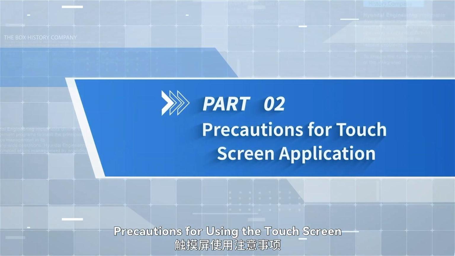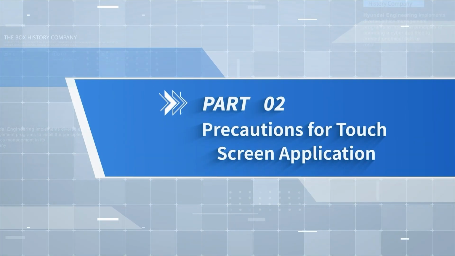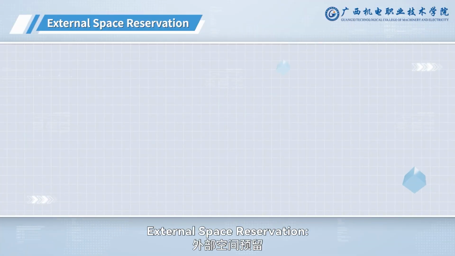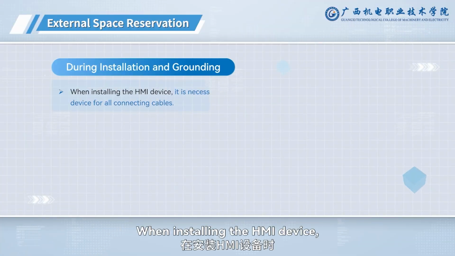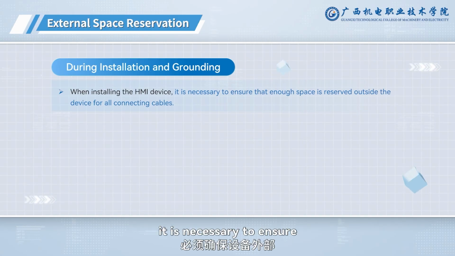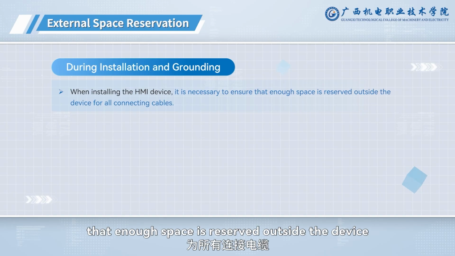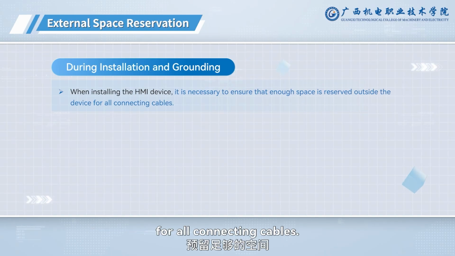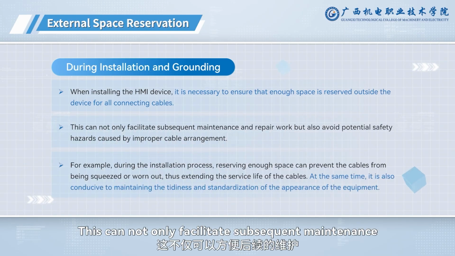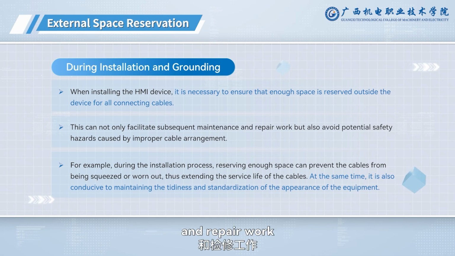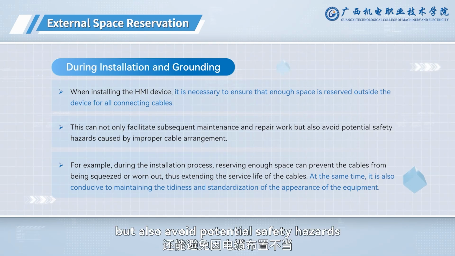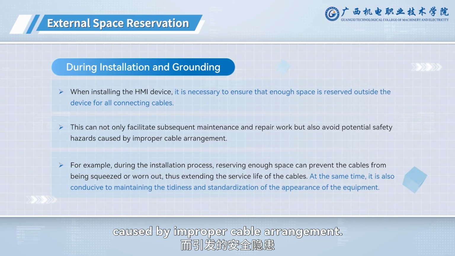Precautions for using the touchscreen. External space reservation. When installing the HMI device, it is necessary to ensure that enough space is reserved outside the device for all connecting cables. This can not only facilitate subsequent maintenance and repair work, but also avoid potential safety hazards caused by improper cable